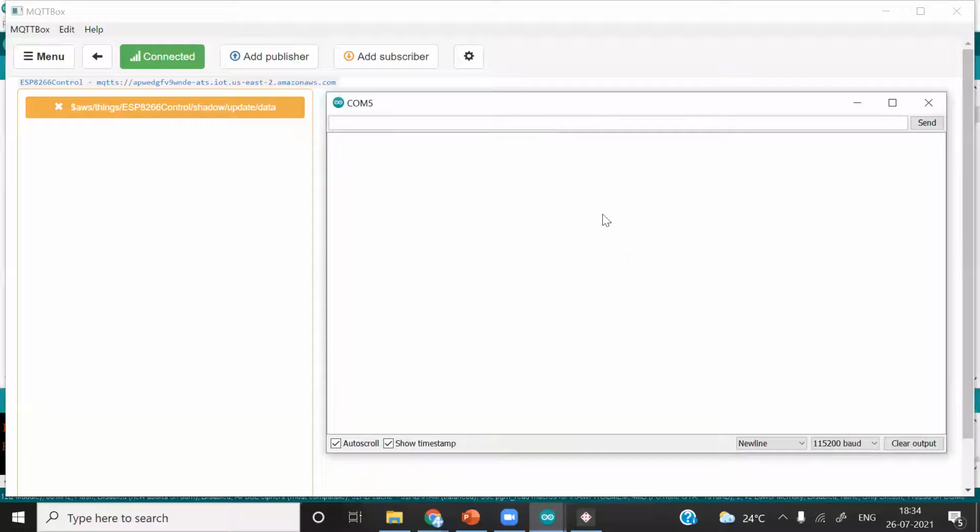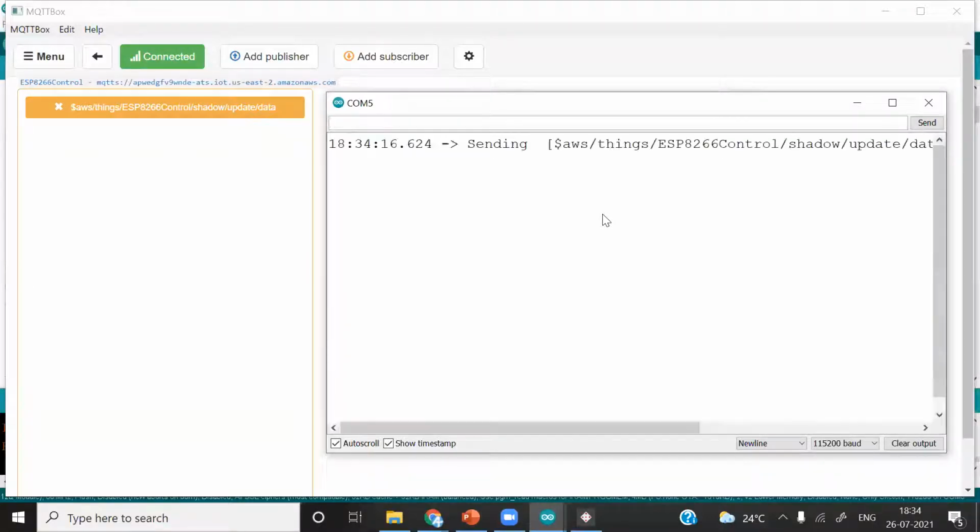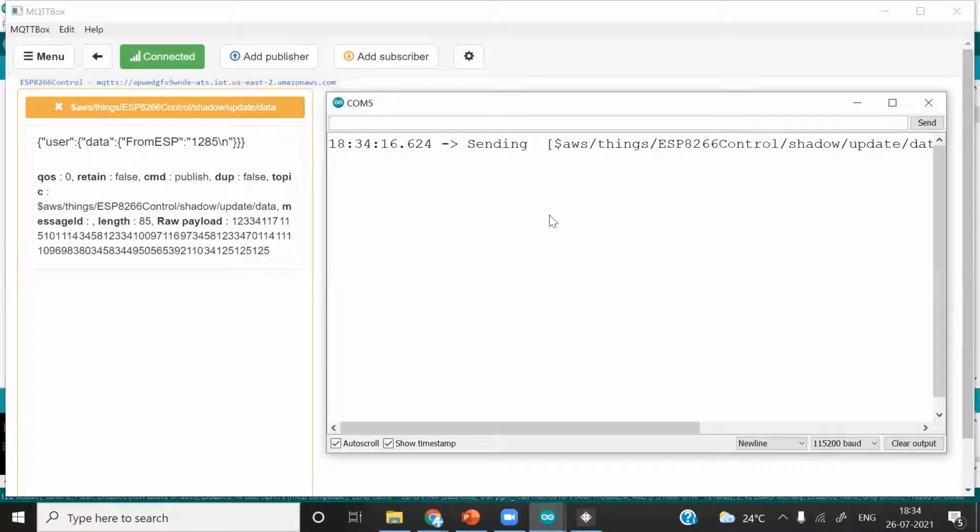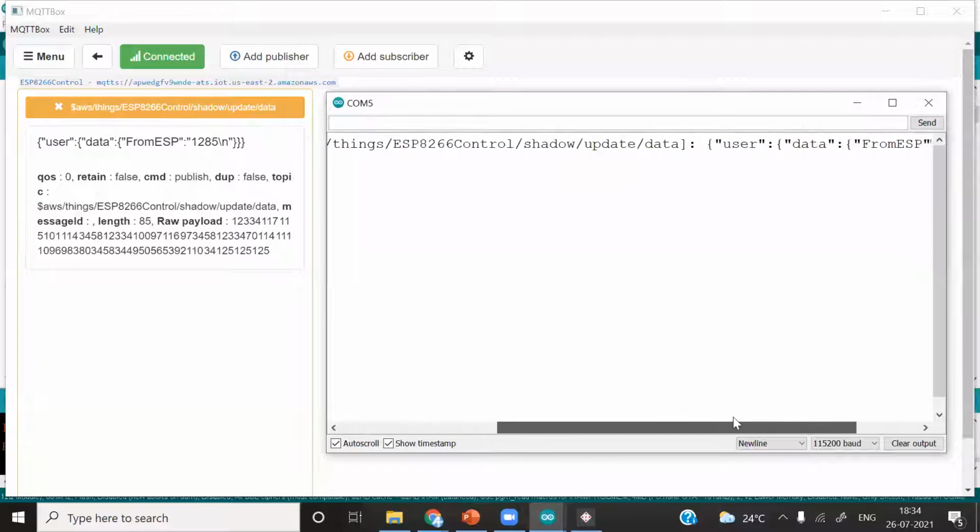Okay, now we can see it better. So I will send some data. So 1, 2, 8, 5. See, we are sending data. You can see sending. And after sending data, what was the data? 1285. You can see we received the same data into MQTT box.